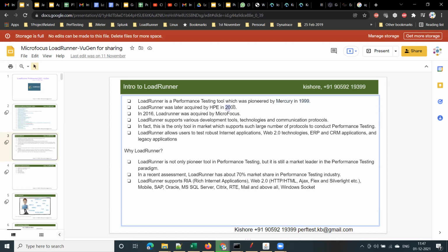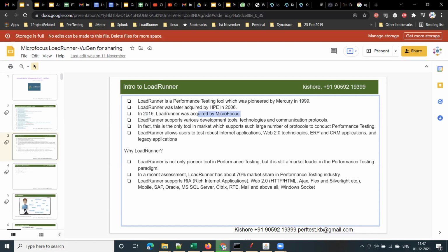Later on, HP Enterprise bought it in 2006. At that time, it was called HP Loadrunner. From 2006 to 2016, it was owned by HP Enterprise, and in 2016, Loadrunner was acquired by Micro Focus. So right now, it's called Micro Focus Loadrunner. Clear, guys? Guys, am I audible? Yes, sir.